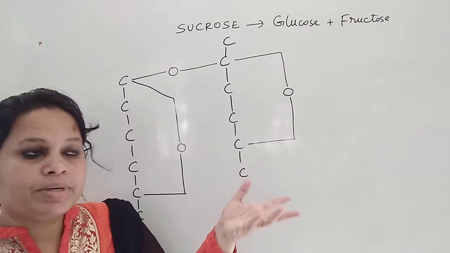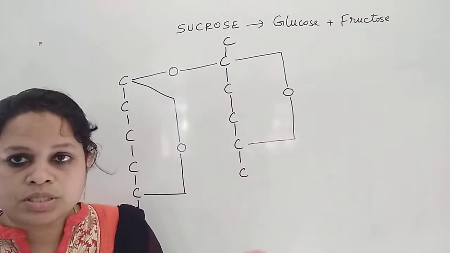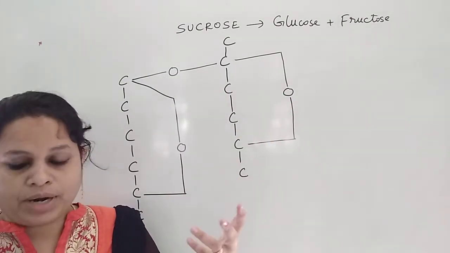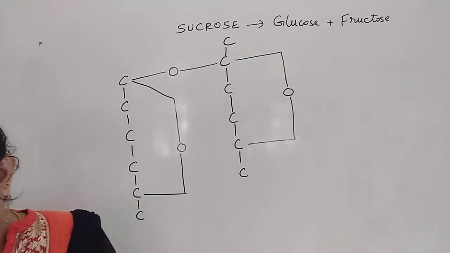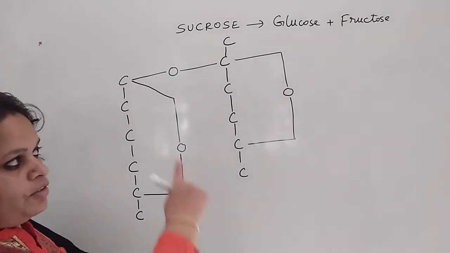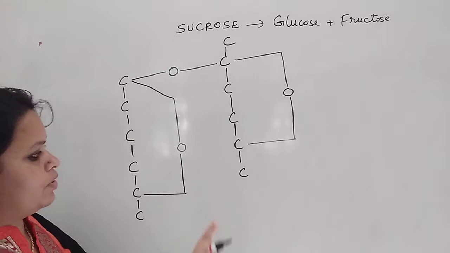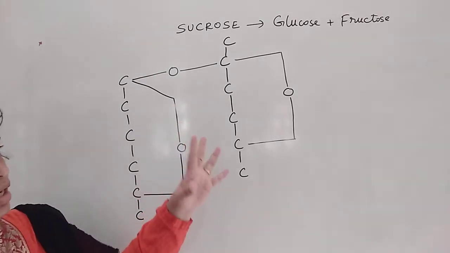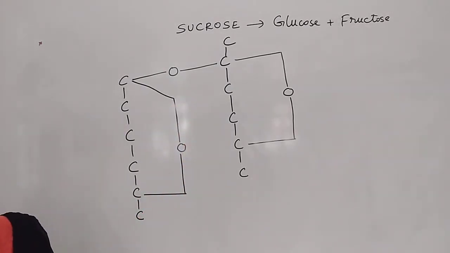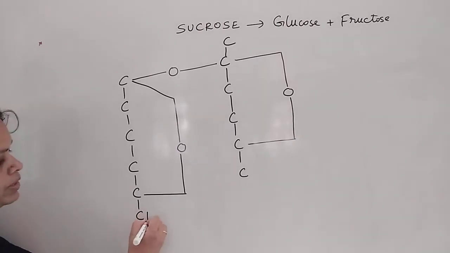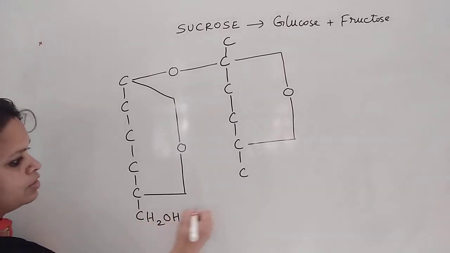Okay, and the 5-membered ring in which there is an oxygen in between is known as a furanose structure. Okay, that is furan-like. So it is a furanose structure. So this is the skeleton form, and you can complete it: the last one will be CH-OH